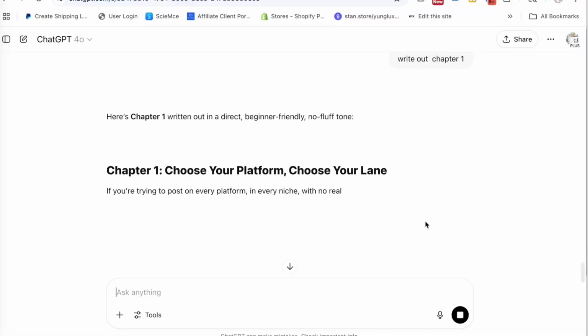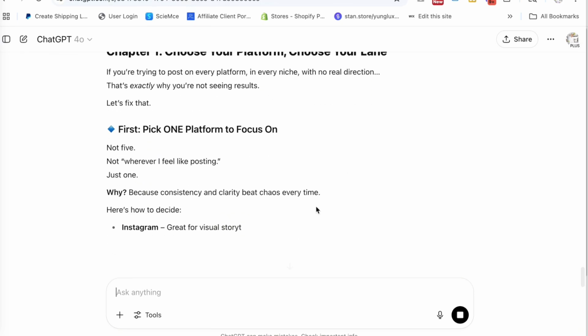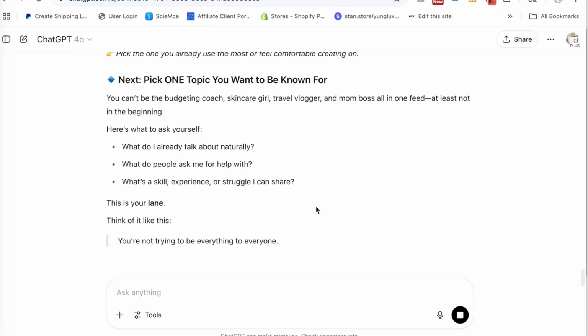So that way you're not starting from scratch. You're just starting from a little bit of strategy. You're getting a head start. So you don't have to spend hours thinking about what to say. Use the cheat code, use AI to go ahead and mock up and write your whole ebook for you so that it saves you time. Now, this is the great thing about digital products because we have all of these tools that are going to allow us to cut things in half and allow us to produce in a better way, okay? So you're not going to be starting from scratch, which is a good part. You can literally use AI to help you.